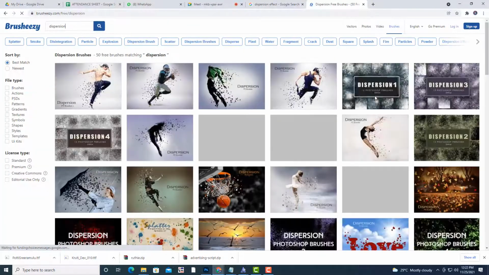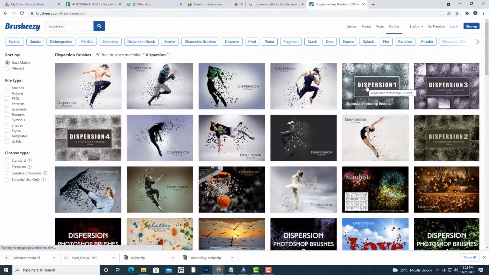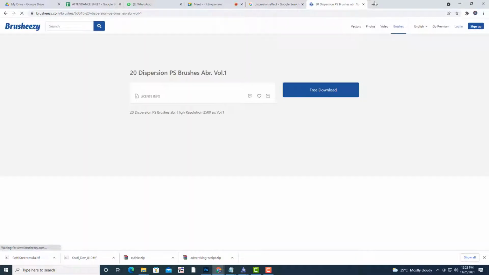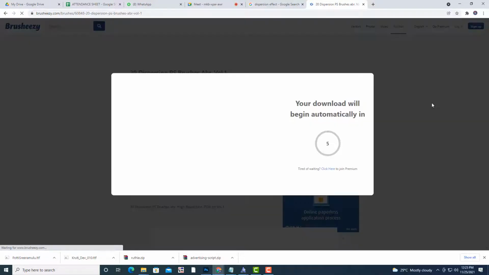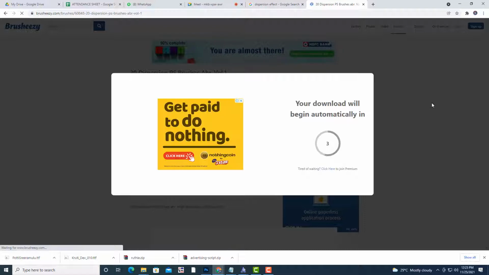Actually, you can use normal Photoshop brushes, but you have to change brush settings so that the brush looks exactly like a dispersion brush. You have to change a lot of settings in shape dynamics. But instead, if you don't want to change, you can simply download the dispersion brush directly. I think all of you know how to download brushes. Simply download, and I already installed the brush also.